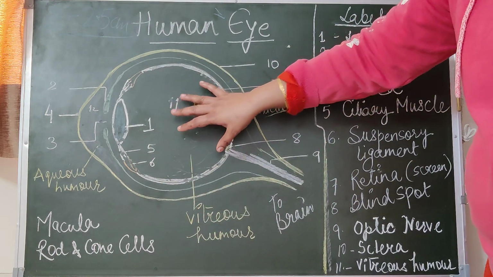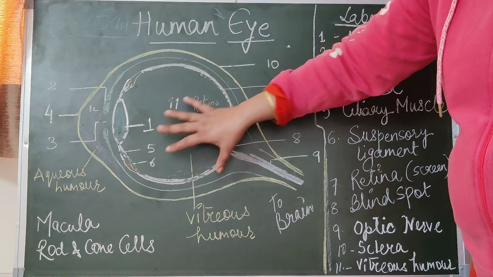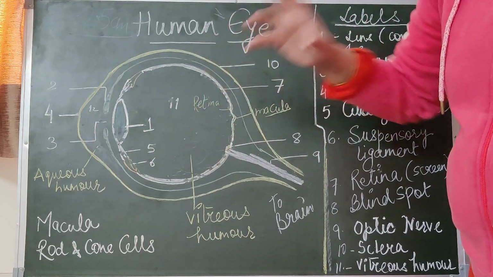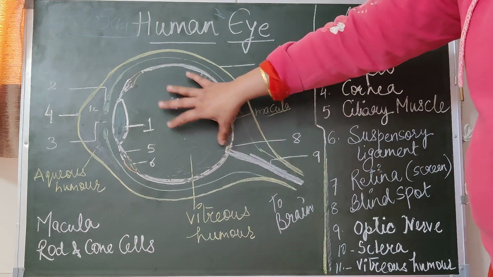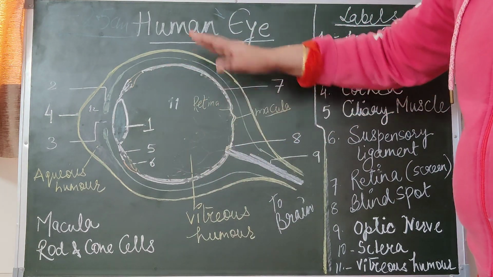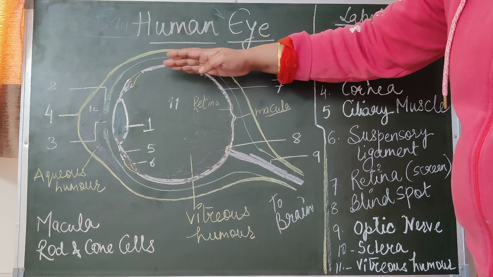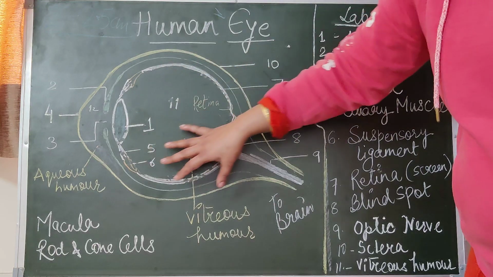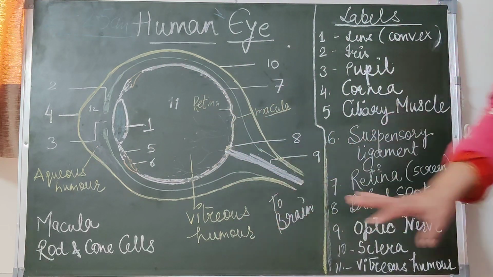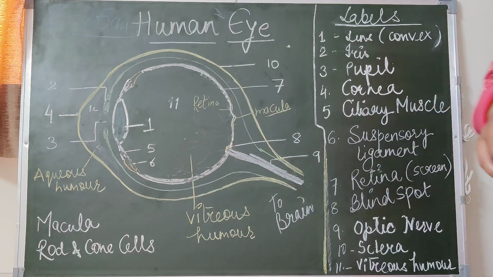So this is a nerve, and the very important thing, again we have covered it, the ball is fixed. The ball is fixed by ciliary muscle and suspensory ligament. The ball is fixed in an eye socket. You have seen the socket, and this particular thing is protected by 3 layers: sclera, choroid, retina. The ball is also filled up with a liquid called vitreous humor. So in short, this is a human eye where we are going to talk about,